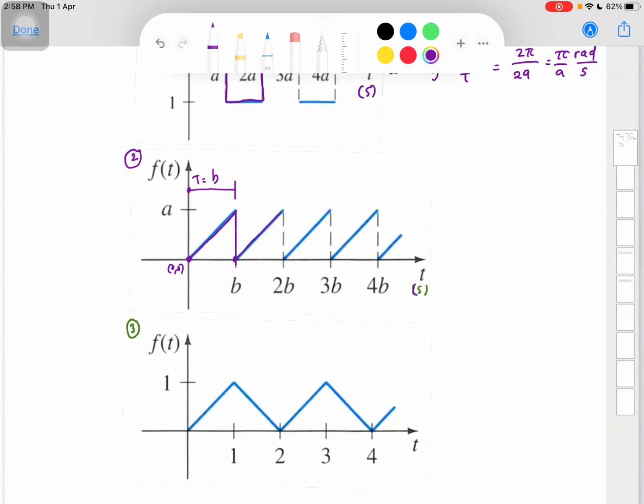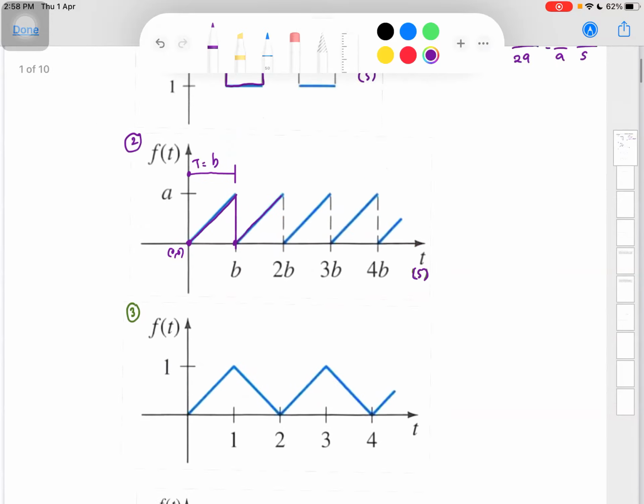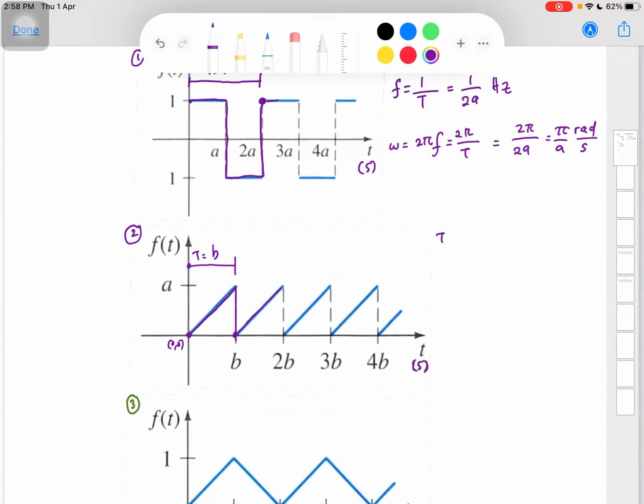Again, let's assume the time is in seconds. So T equals b seconds, and the fundamental frequency is 1 over T, so 1 over b hertz, while the radian frequency equals 2 pi f or 2 pi over T, so we will have 2 pi over b